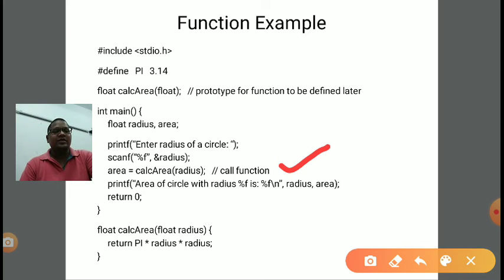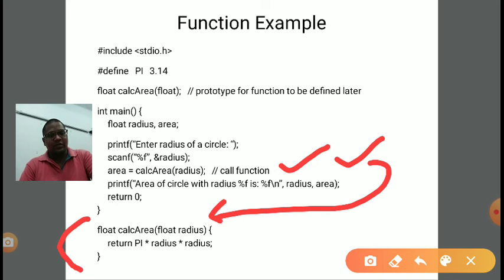In the brackets we pass radius, the parameter which will act as input to this function. Whenever we call a function, control transfers from the function call to the function body. From this point it comes here, to the function body.